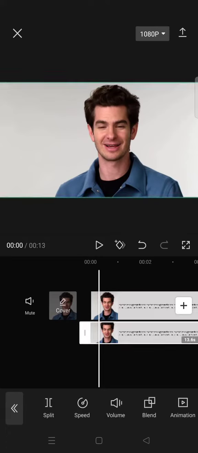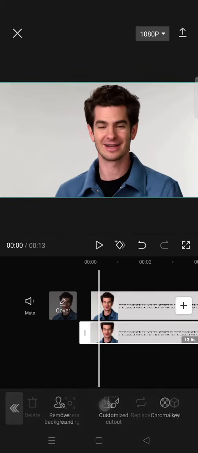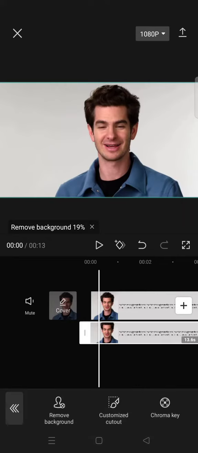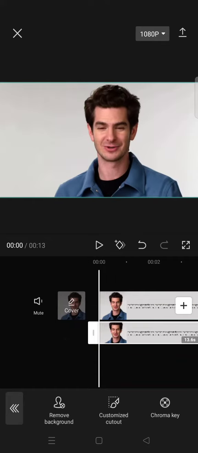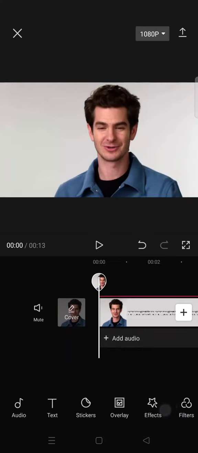Now on the overlay clip, click on it and remove its background. So go to cutout and click on remove background. Okay, wait for the removing background process to finish. Okay, so after the background of the overlay has been removed, you just need to head to the mosaic effect